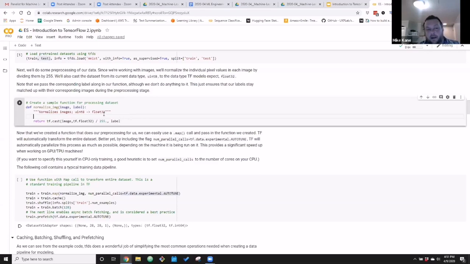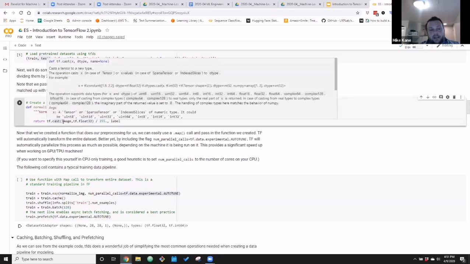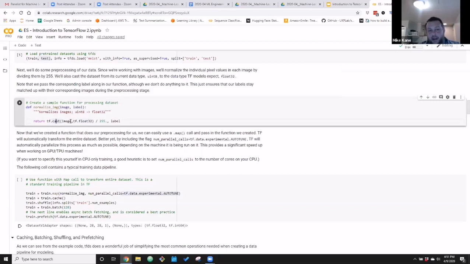Now, another thing here that I think is pretty crucial, pro tip if you're new to deep learning or TensorFlow specifically, one thing that TensorFlow is going to expect is the typical data type it expects to be passed is float32. Okay, so here I'm just using a simple TensorFlow function that says, hey, here's my image. I want you to cast, and again, an image is just a list of lists, right? Every pixel is a value. I have 28 rows of 28 pixels each. So it's a 28 by 28 box. So I'm just saying, hey, here's a list of lists, or what we call a matrix or a 2D tensor. And I want you to convert it from whatever it is to this. And when that's done, I want you to divide it all by 255.